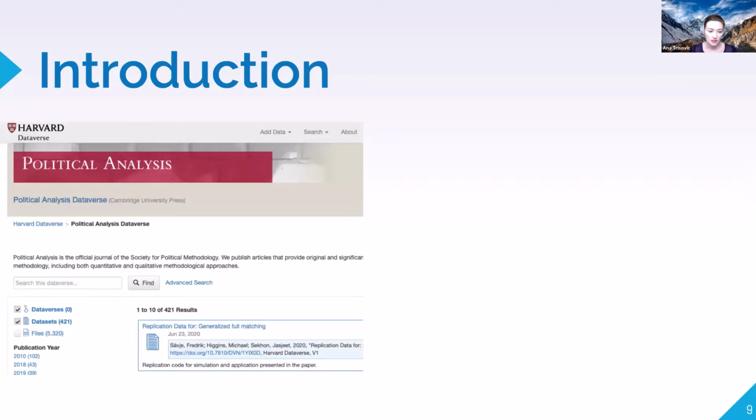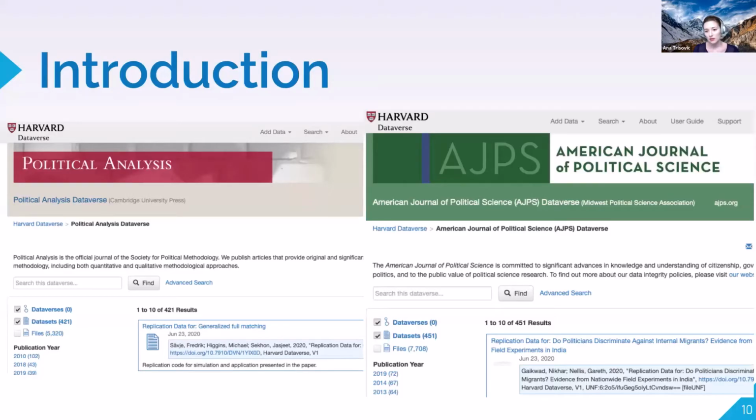So here we can see what a Dataverse data set looks like, what a landing page is. Here the Journal of Political Analysis has its own collection on Dataverse. And here we can see in the corners replication data for one of the studies. Similarly, other journals have their own collection. So here is the American Journal of Political Sciences, where they have their own interface and landing page for their replication